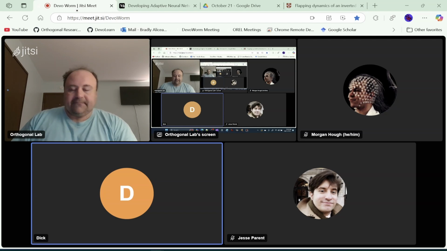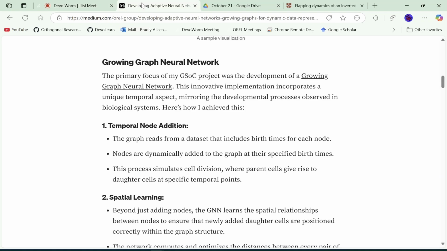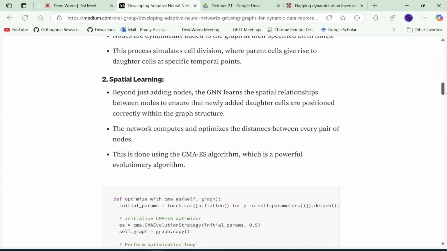All right. Okay. So that was terminal node addition, where we have this process of adding and removing nodes. Then we have this spatial learning process, where we don't just want to add nodes. We want to learn spatial relationships between nodes. So basically, the daughter cells are in some spatial relationship with each other. And this is going to be important for things like looking at polarity and other structures, like we get these intermediate cell types that start to form some sort of structure within the embryo.